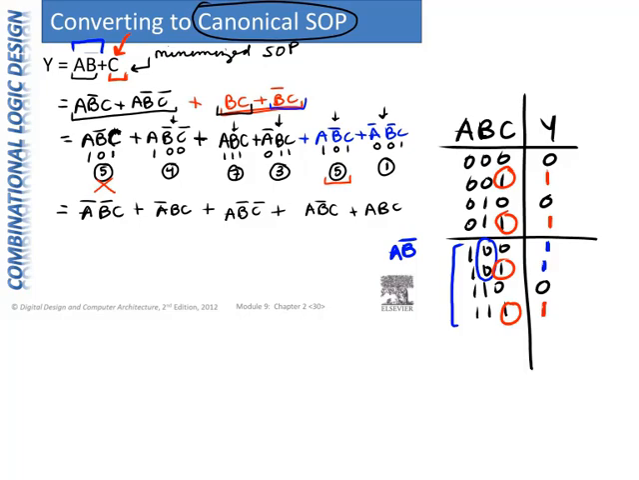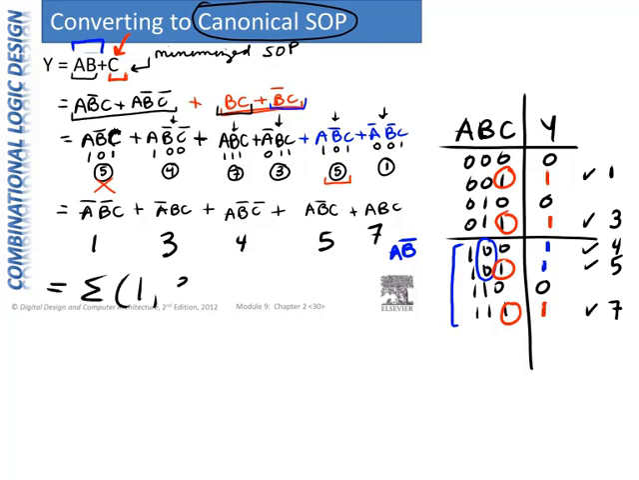So now we can check. Well, let's see, we would have minterm 0, minterm 1, not minterm 2, minterm 3, minterm 4, minterm 5, not minterm 6, and minterm 7. So let's see, we had 1, 3, 4, 5, and 7. And we could also write this as sum of minterms 1, 3,